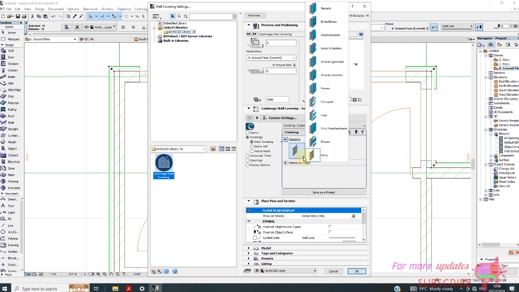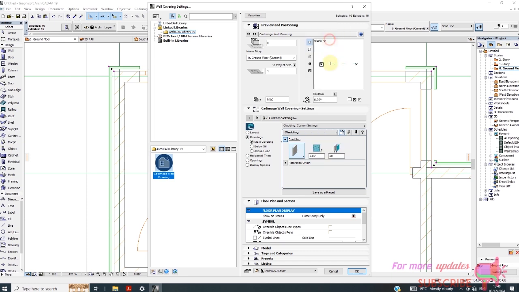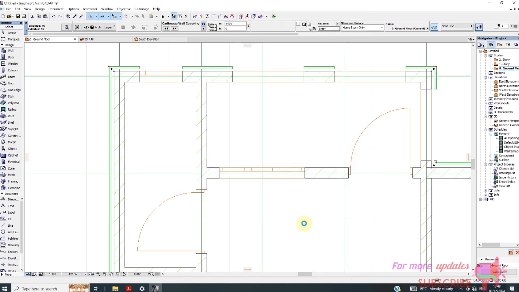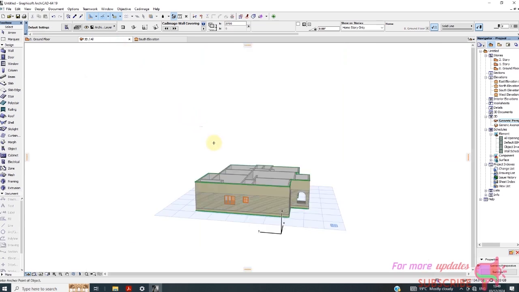Let me go and change to not weatherboard. Let's just use weatherboard. Okay, now if we go to 3D,